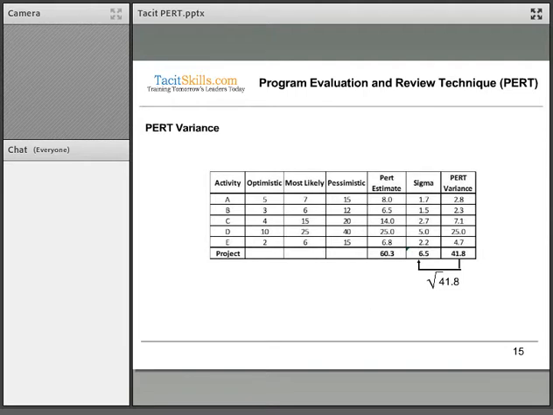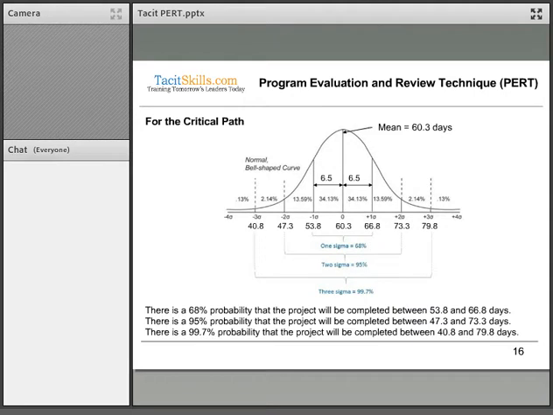So if I would use that information now on our bell curve over here, we have calculated for the critical path that the mean is 60.3 days. We have calculated our standard deviation as 6.5 days. So if I take the 60.3 minus 6.5, that'll take me to 53.8. If I take the 60.3, the mean, and add 6.5 to the other side, that takes me to 66.8. So we can use this now to determine that there's a 68% probability that the project will be completed between